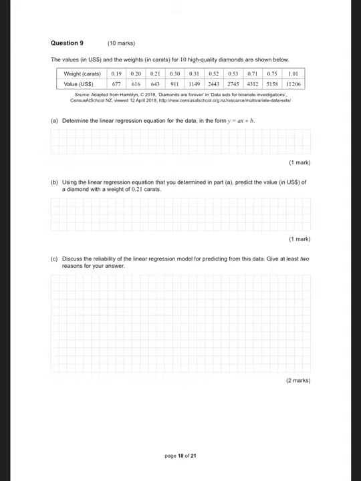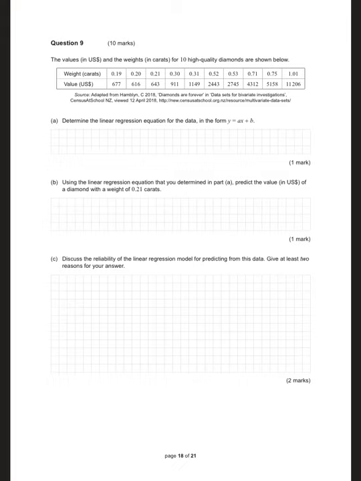Question 9. Diamonds. Weights and the value, so the heavier the more expensive. Determine the linear regression equation for the data. So we have to do a lin reg, so we need to put the data into stat, edit, clear list 2, clear list 1. The weight is the variable that determines the price, so 0.19, 0.2, 0.21, 0.3, 0.31, 0.52, 0.53,